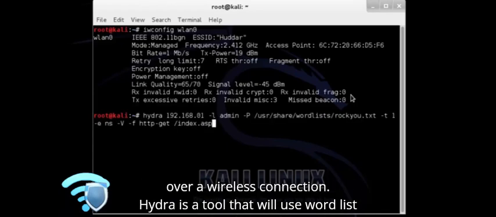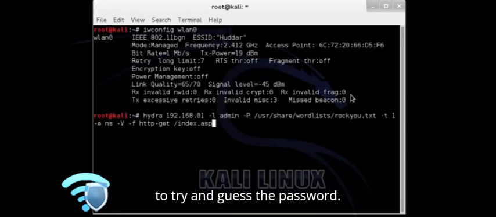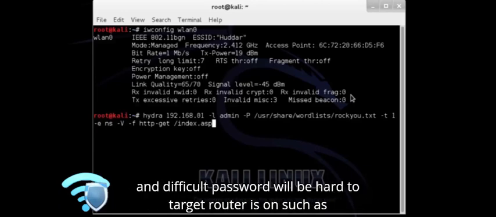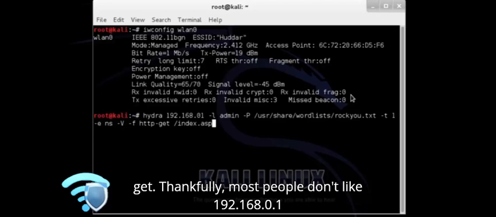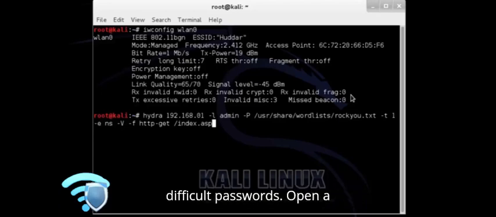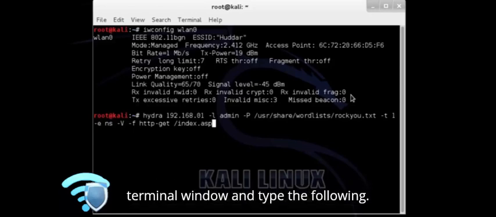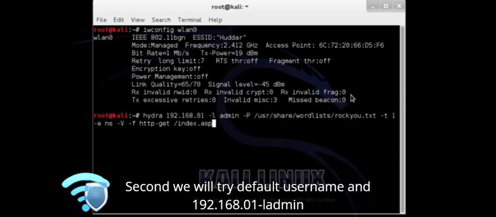Hydra is a tool that will use a word list to try and guess the password. As with any brute force method, a long and difficult password will be hard to get. Thankfully, most people don't like difficult passwords. So we will open a terminal window and type the following: hydra